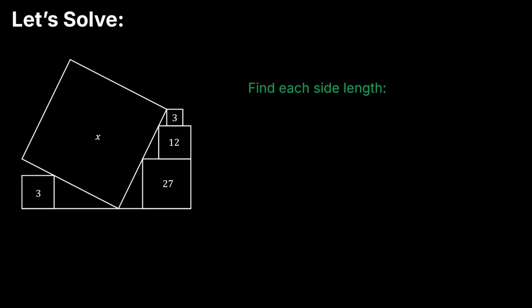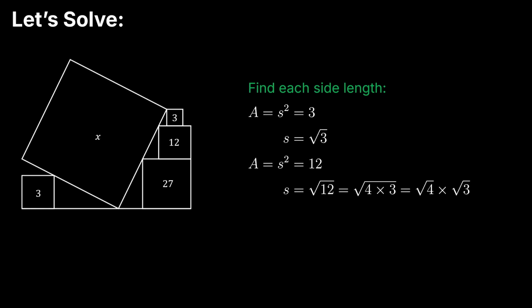First, we need to find the side length of the three stacked squares. For the top square, we know that area is side squared and is given as 3. Taking the square root of both sides gives us a side length of root 3. We can set up the same equation where area is 12. This gives us a side length of root 12. 12 can be broken into 4 times 3. We can split the radicals into root 4 times root 3, and the value ends up being 2 times the